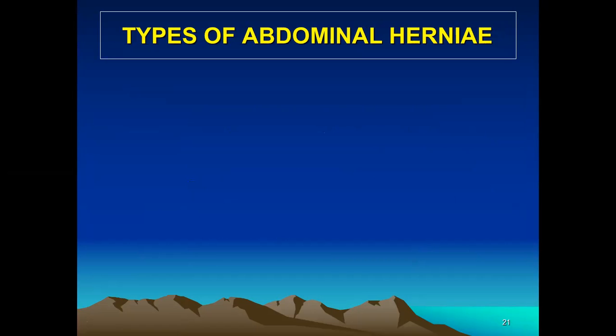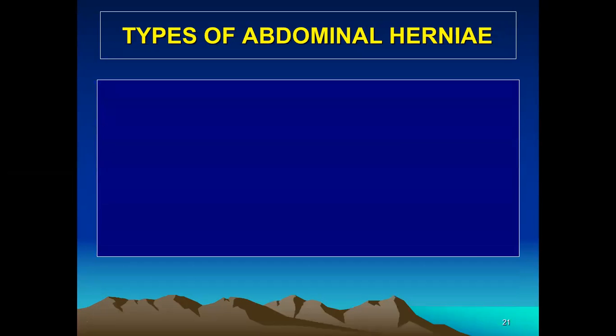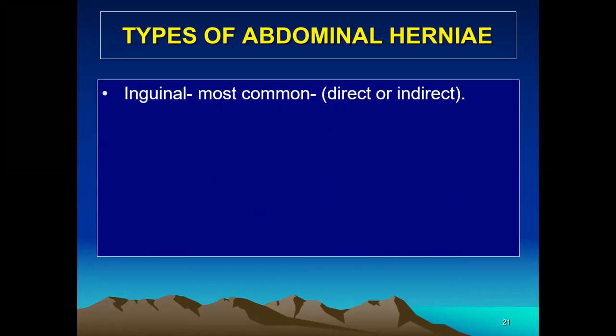Now coming to the types of inguinal hernia. As I said, hernias are nothing but the abnormal protrusion of the abdominal contents through the inguinal canal. Normally it is closed, and only the round ligament in case of female and the spermatic cord in case of male will be present in the inguinal canal. If any other abdominal content protrudes abnormally,